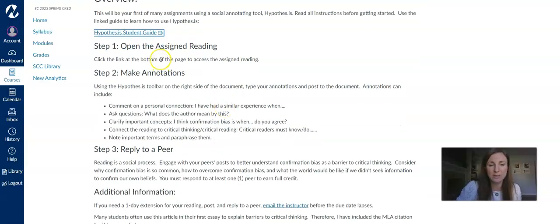Step 1 is to open the assigned reading. You will use the link at the bottom of this page to connect with the assigned reading. In Step 2, while reading, you will be making annotations, which can include your own personal connections, questions to clarify the author's purpose, or important concepts. I also expect you to be connecting this reading to what it means to be a critical thinker and a critical reader. You can also note important terms or even just paraphrase a section to help make these items clearer